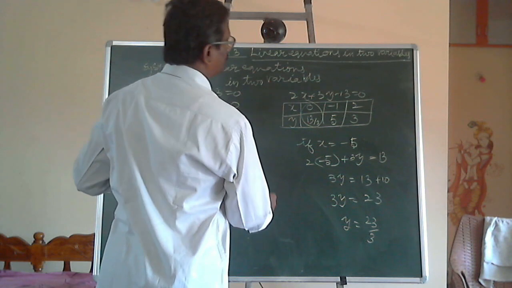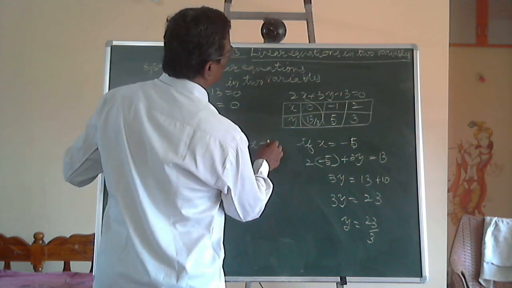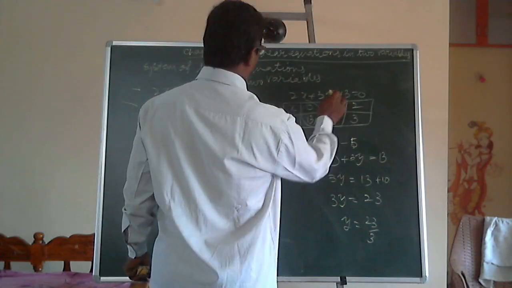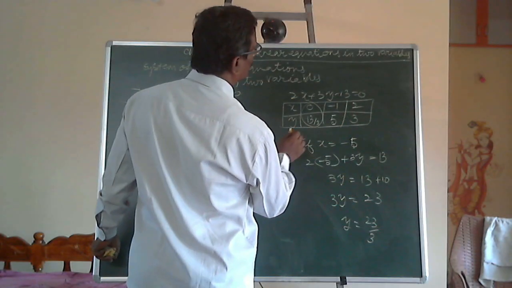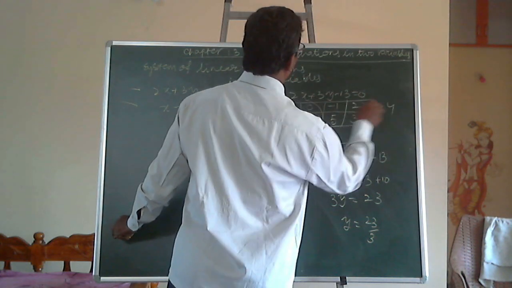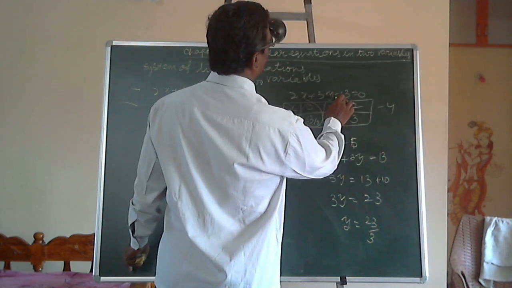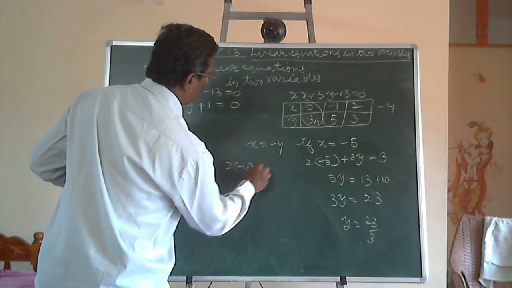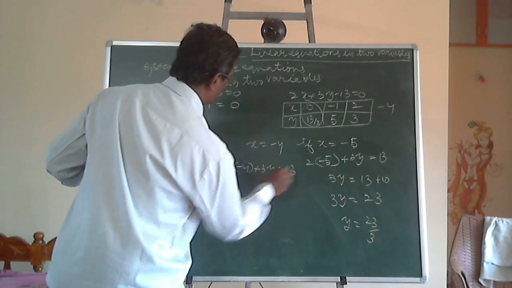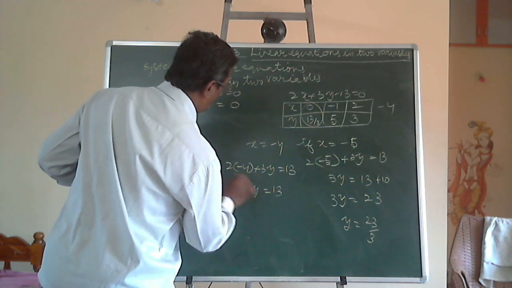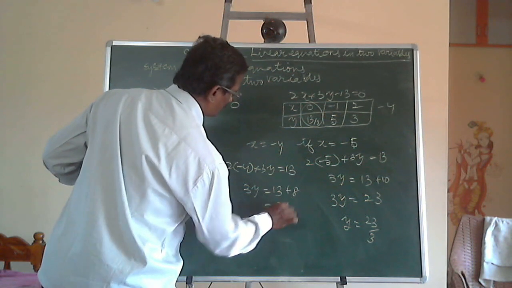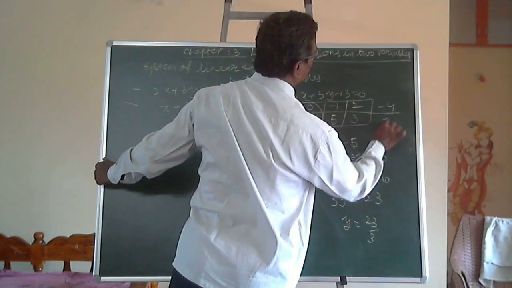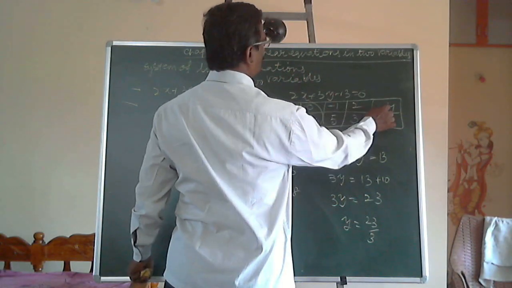So give another value. x is equal to 4, 4 threes are 12, 4 twos are 8. 8 plus, yes, minus 4, 8, yes, x is equal to minus 4. 2 into minus 4 plus 3y is equal to 13. 3y is equal to 13 minus 8, it becomes plus 8. This is 21. 3y is equal to 21. y is equal to 7. Let us consider 1, 2, 3, these three solutions.